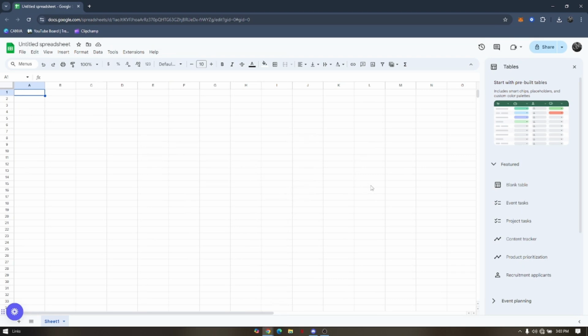How to create tables on Google Spreadsheet. Now, good news, because Google just recently updated a new feature, which is introducing the tables. Now, first things first, to make that, you have to open